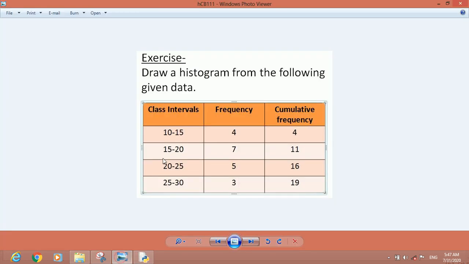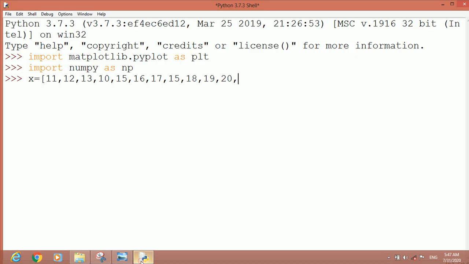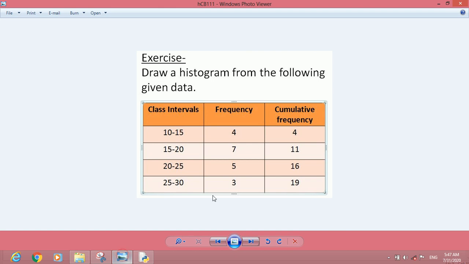Another data set we have is 20 to 25. How many? 5 data items. So let us type 5 data items between 20 to 25. Let us have 21, 22, 23, 24, then 25. Okay, 5 data items between 20 to 25. Then we have 3 data items between 25 to 30.